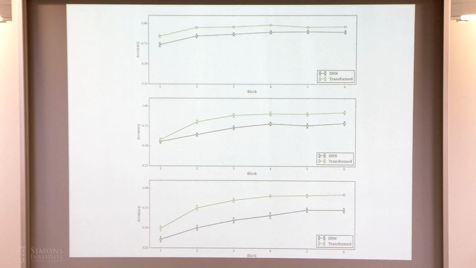So this is an example of an experiment which is doing just that. What we do in order to do this experiment is we take another set, this is for animals, of 120 images of animals that weren't used in setting the transformation that we were using, and then we apply the model to that. We get out a similarity matrix, we perform clustering on that similarity matrix, and then use that to define 2 or 3 or 4 clusters, and then we train humans to classify those animals into those different clusters. And we look at how long it takes them to learn that clustering and what their performance is.